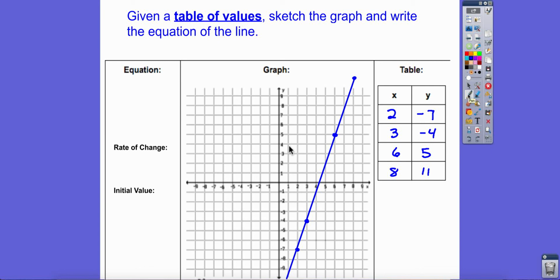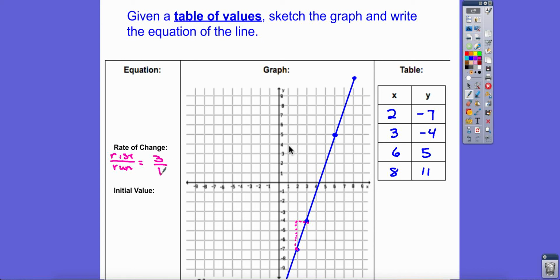Well, we don't quite have everything that we need for our equation, but one thing that we can do from our graph is we can find our rate of change. So, we're in luck. I'm going to go ahead and change colors here. If I go from this point to this point, I'm able to do my rise over my run because I know rate of change is rise over run. And it looks to me like I went up 3